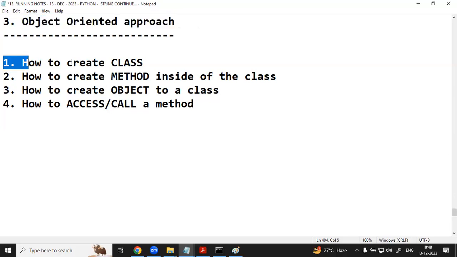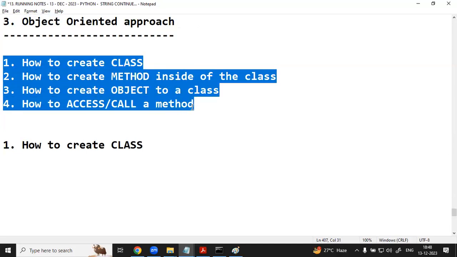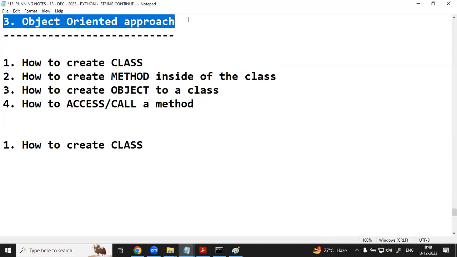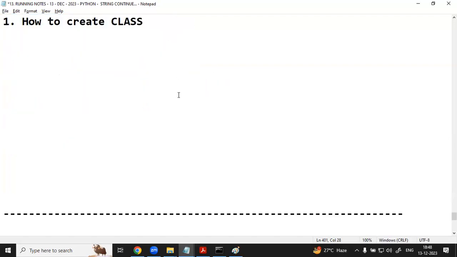Good, very good. Now let me tell you how to create a class. Why am I explaining all these things? Because if you understand this approach, you will understand one important point: str is a class and the str class has methods. If you want to understand that statement, forget about that for now. Let me prove it practically. Let me create a class, and inside the class, let me create a method. How to access a method, let me show you. That is the practical proof that a class has methods.